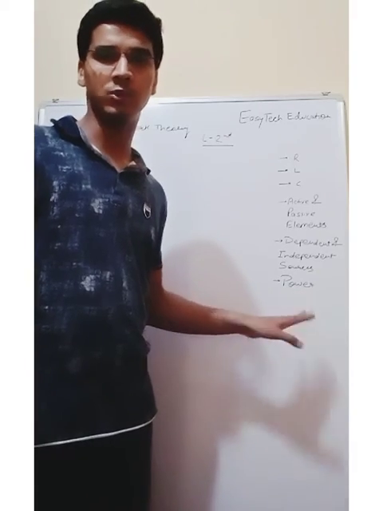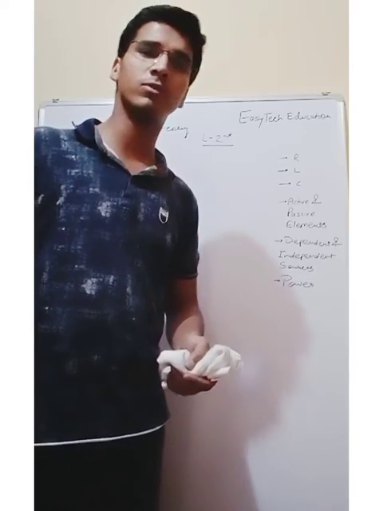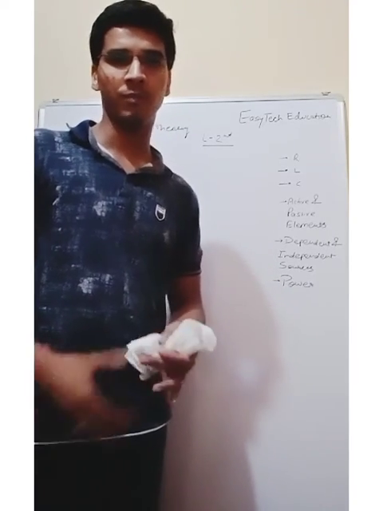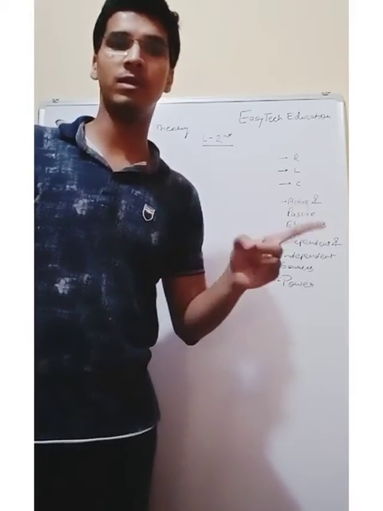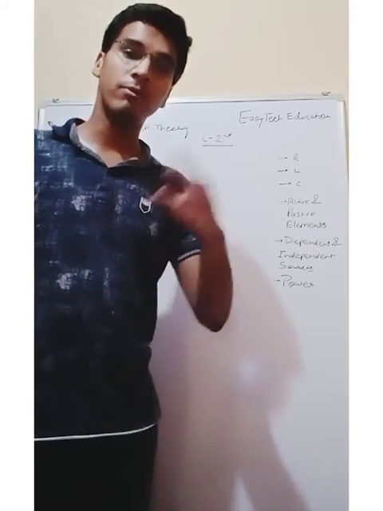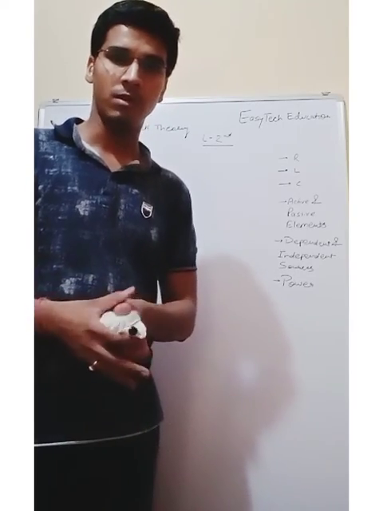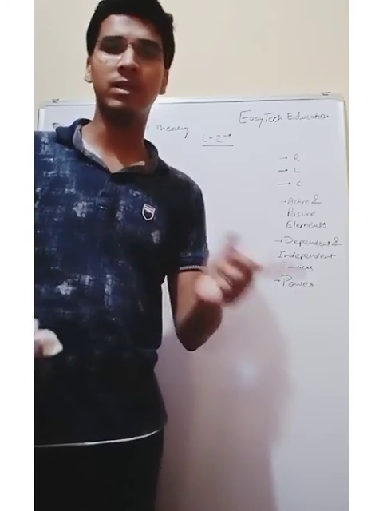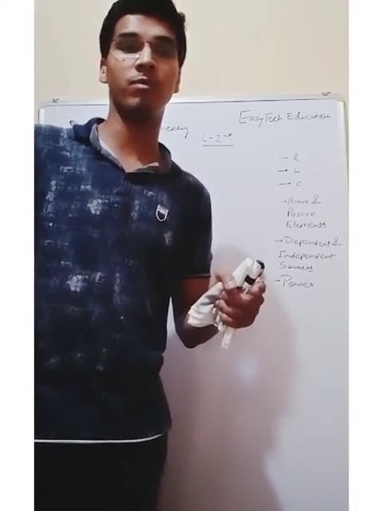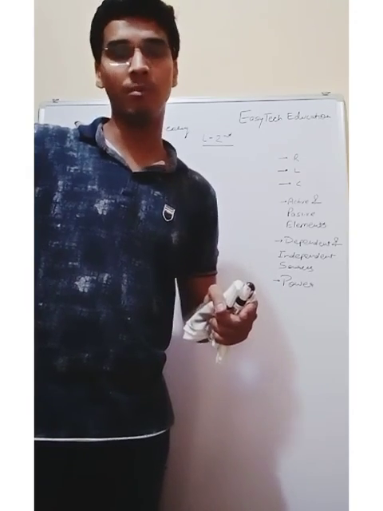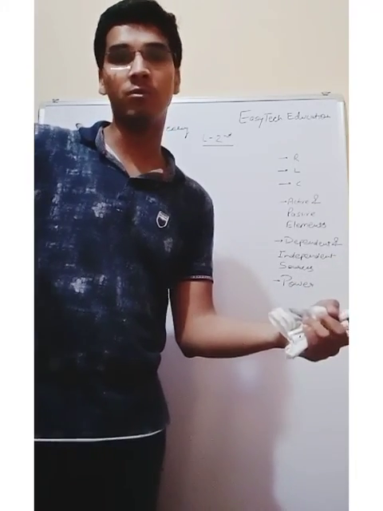If any circuit is absorbing power, that means the power will be positive, because the current enters that element from the positive terminal and goes to the negative terminal, so P will always be positive. That means the element is a passive element. If the element is delivering power, it is an active element, and the power absorbed by that element will be negative, or the power given by that element will be positive. You have to understand, whenever any element is giving power, the absorbed power will be negative, and if the absorbed power is positive, then the power given by the element is negative. That means that element is a passive element.